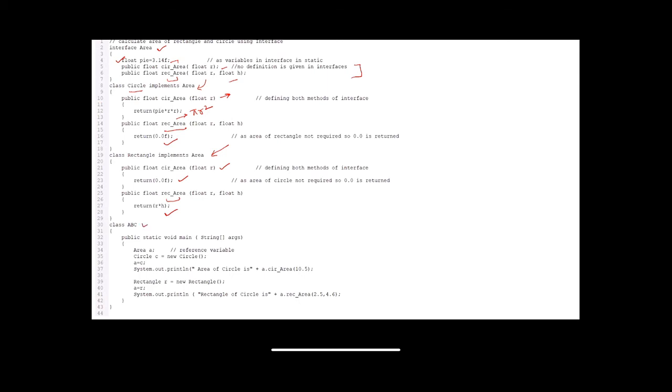In my class ABC, where I have defined my test method, I have created a reference variable of this interface area.